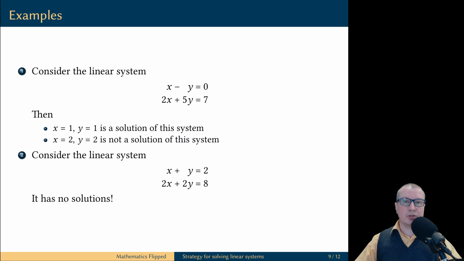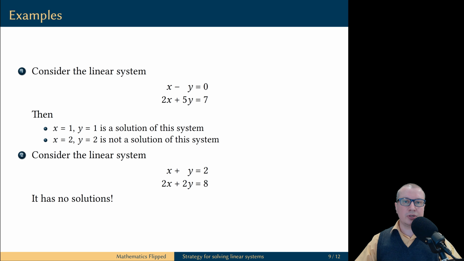From these simple examples, we see that a linear system might have some solutions as well as it might have no solutions. So it's natural to ask, what are the possibilities on the number of solutions of a typical linear system? We can quickly answer this question in a special case of a linear system in two equations and two variables. We know that a linear equation in two variables defines a straight line in a two-dimensional plane. A solution to a linear system is a solution to both equations, therefore geometrically, a solution to such a linear system is a point that lies on both lines.